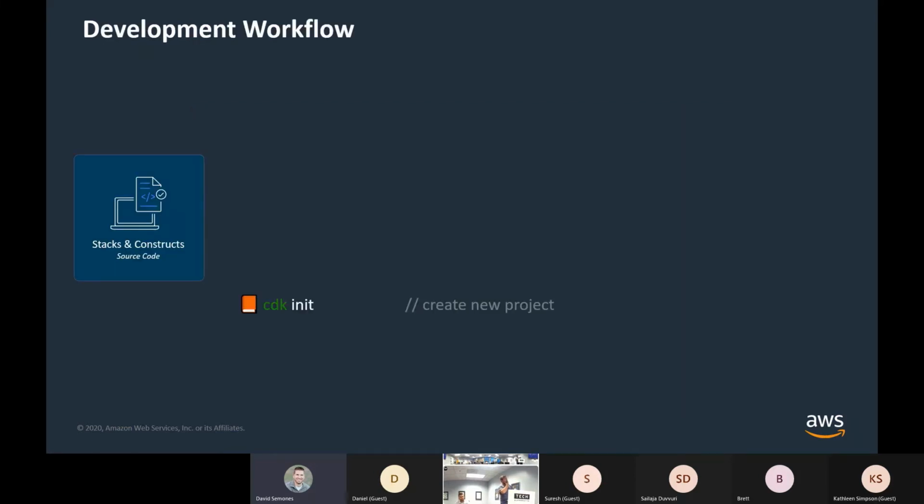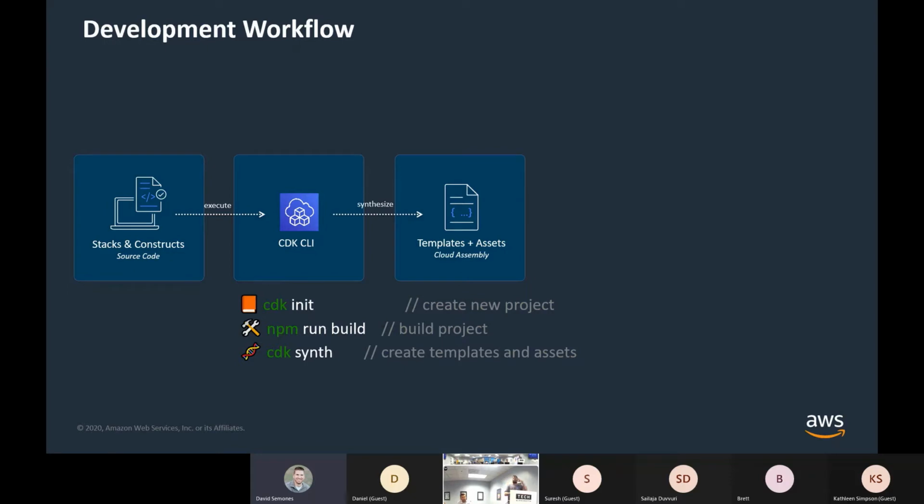Let's quickly look at what the development flow looks like. Someone on the CLI on their machine will run cdk init, and this will initialize a sample application or a library. There's an option I'll show when I do the demo of what that generates. It creates a new project. And then for this one, they're using npm, so they'll run npm run build, which will build their application.